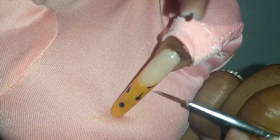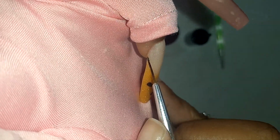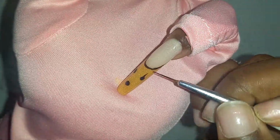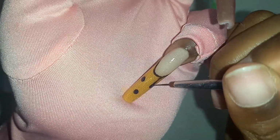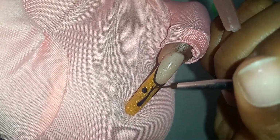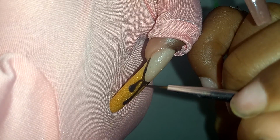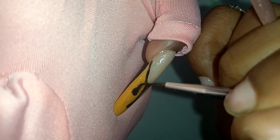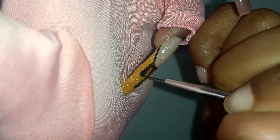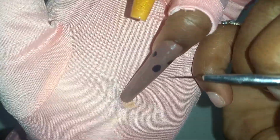Oof, I didn't realize I was not in frame. It looks crazy right now, but trust the process. Okay, of course I'm gonna have to speed up the nail art part because I'm here quiet for so long that I could speed up. I think it makes sense too. Alright, so I'm gonna do the same thing on this nail, except this nail isn't a Frenchie, so